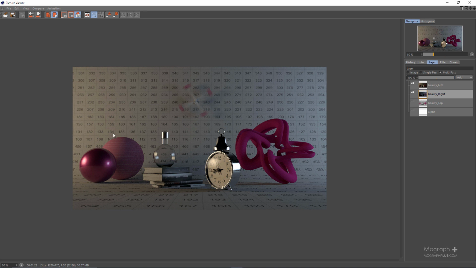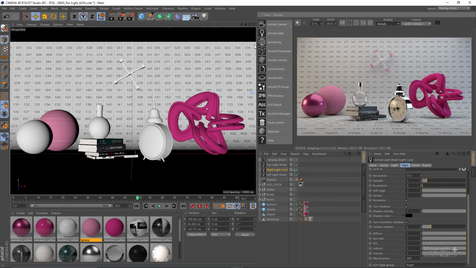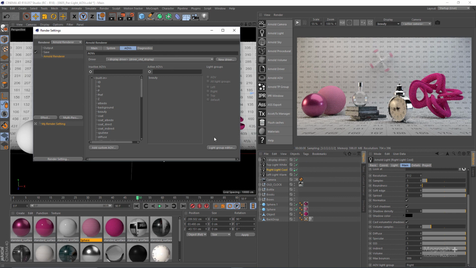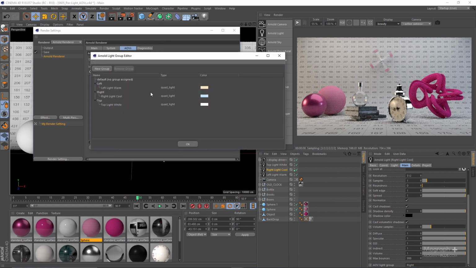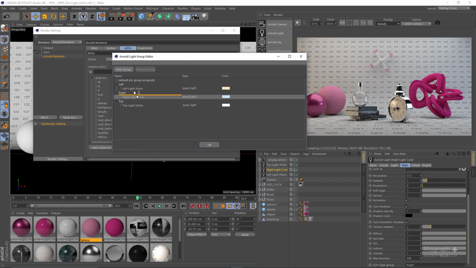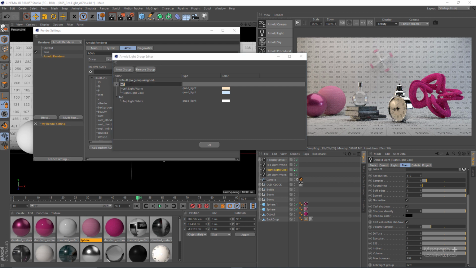So as you can see, using the per light AOVs and light groups, you can do a lot. And obviously, using the light group editor, you have this amazing tool to mix different lights. For example, if I go to my light group editor, I can say the contribution of the left and the right light should be in one group. So I can put my right light also in the same group as the left light. I can select this right group and remove the group. I can select this left one, and also let's rename it to left and right. And now this group contains both the left and the right light, and if I press OK